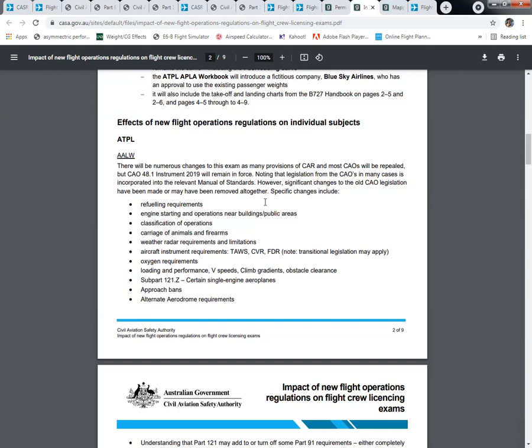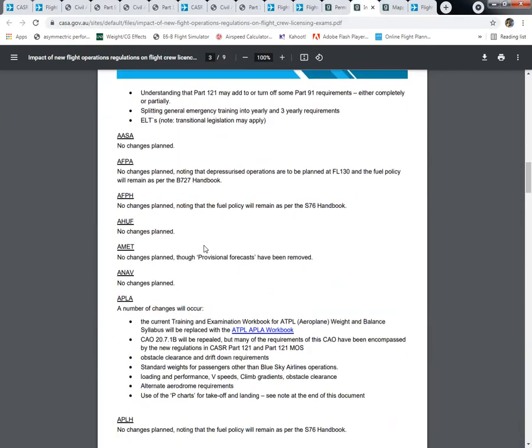And fortunately, flight planning completely quarantined from that in ATPL, and all the other ATPL systems quarantined in large part. Just a very small change to MET with the reduction or removal of provisional forecasts. But yeah, performance and loading are a major topic. But I'll have that new material out ready to go fairly early in